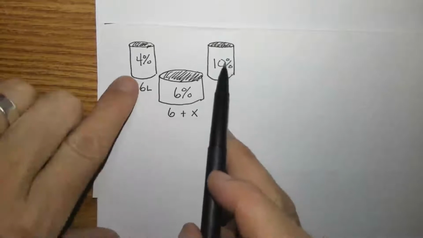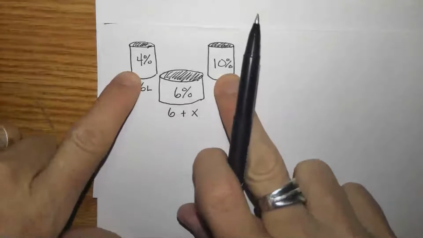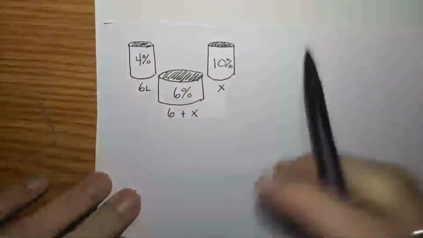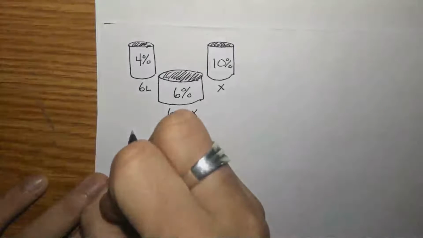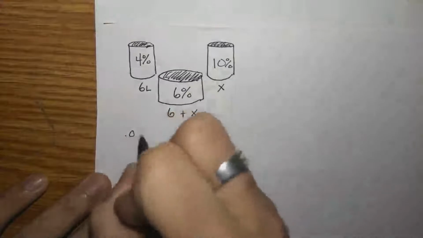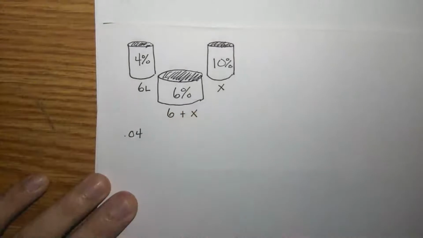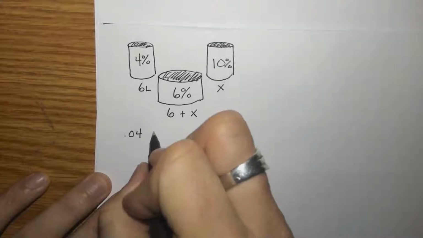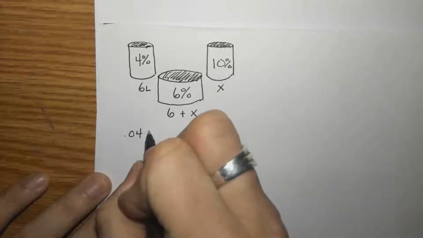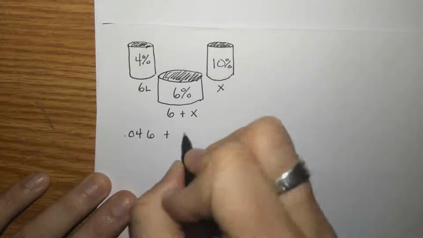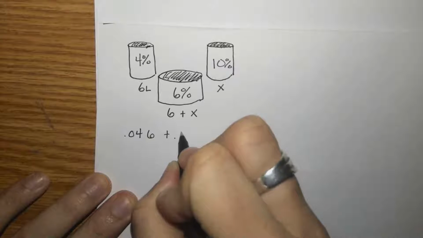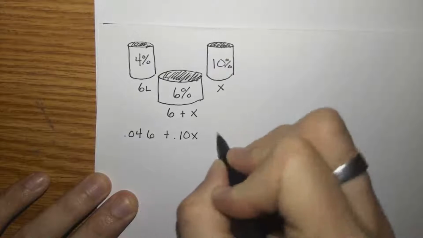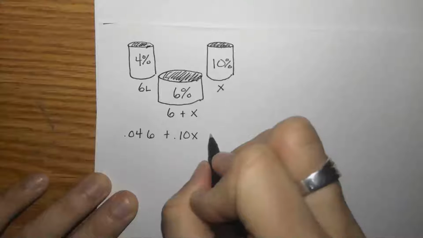And so, like I said, we're pouring this. So once we add this together, it's going to equal this. So basically we got the 4%. I'm going to turn that into a decimal, which is 0.04 times this 6. And then we're going to add it to 0.10x. And this equals